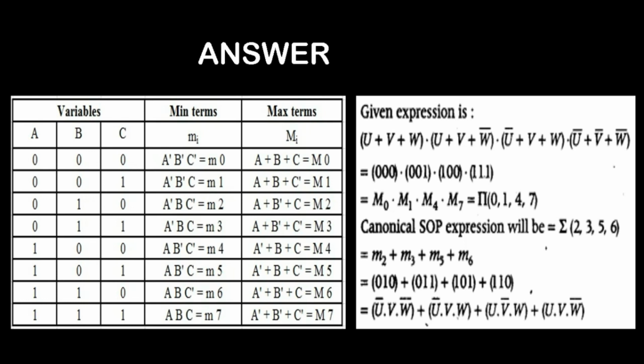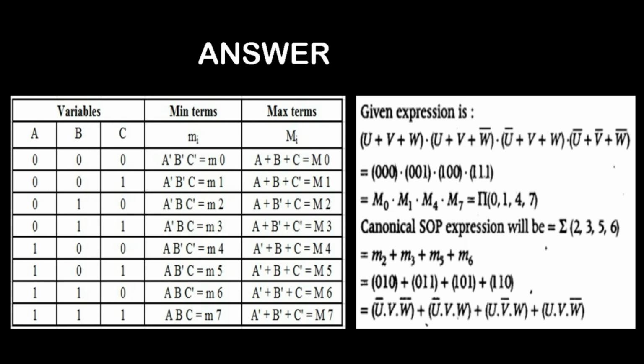And 2 indicates M. Okay, but here it is in sigma, so we have to take it as min terms now. So I am writing it like small m2 plus small m3 plus small m5 plus m6. If you see in the previous step, for capital M0 and the others I multiplied, and here you have the sum of product terms, so we have to add the terms. m2 plus m3, that indicates sum of product terms.